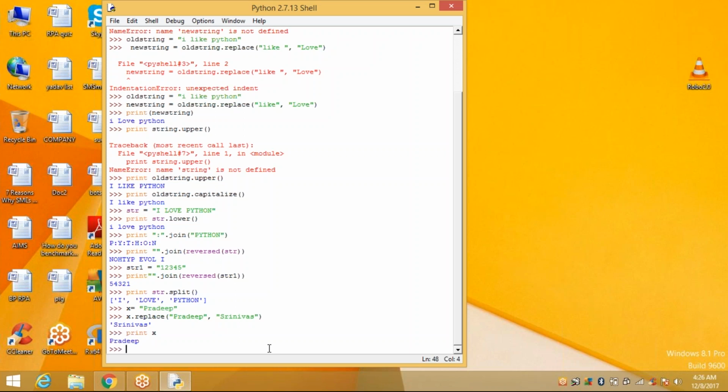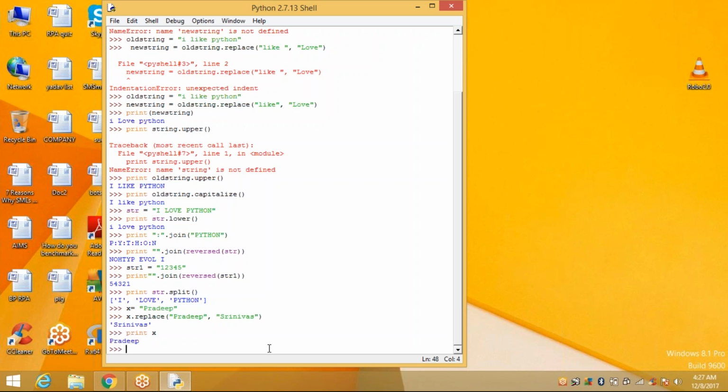Now, my question is, I want to display Srinivas instead of Pradeep. So how to display it? How to write the code? We have to store the replaced word in another variable or another memory.